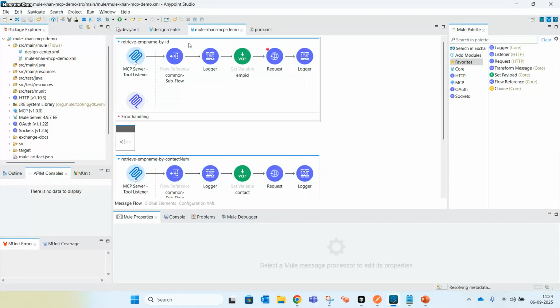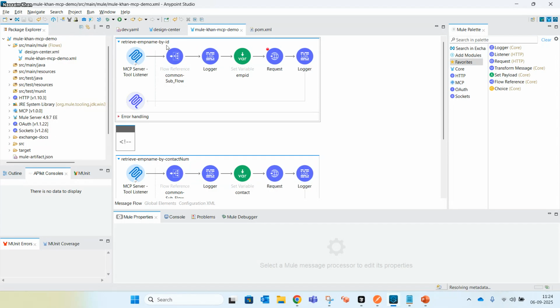If I enter our input, can you retrieve employee name for employee ID 2? So you can see retrieve employee name by contact number, retrieve employee name by ID. Whenever I provide an employee ID, it will ask for your approval, okay, this can be invoked: retrieve employee name by ID.